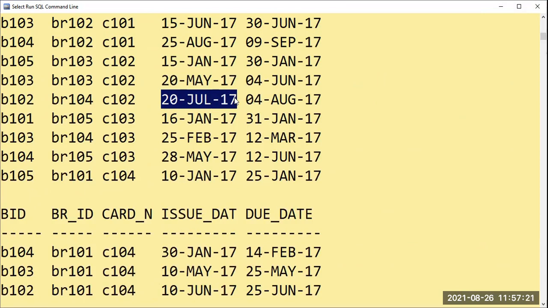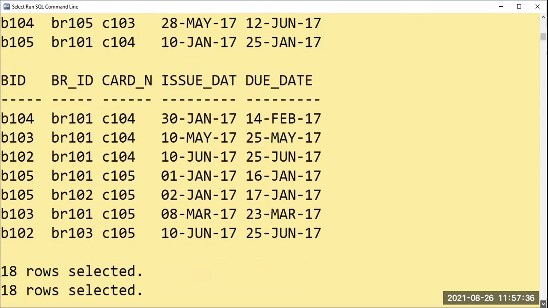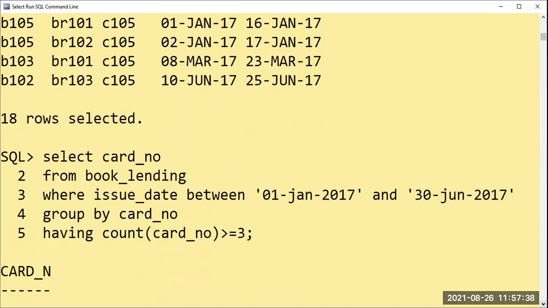Any doubts here? Why are we using group by? Why are we using having count? The count will be satisfied, but it should be between the dates also. Okay, so write down this query.